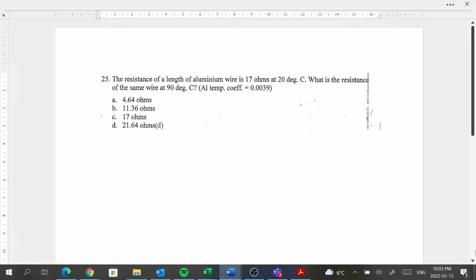All right, question 25. For this particular question, we already know the resistance of an aluminum wire is 17 ohms at 20 degrees Celsius. So what we're looking for this time is what the resistance of that conductor is going to be now that the temperature has gone up to 90 degrees. So what we need to know for that is the concept of positive